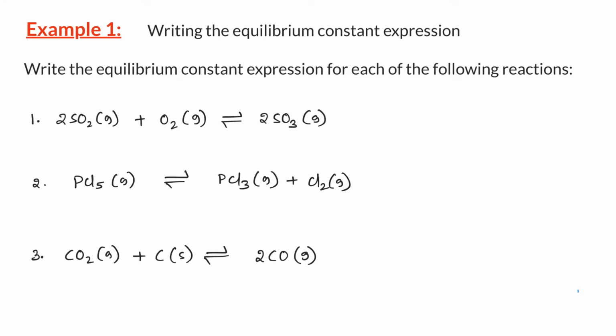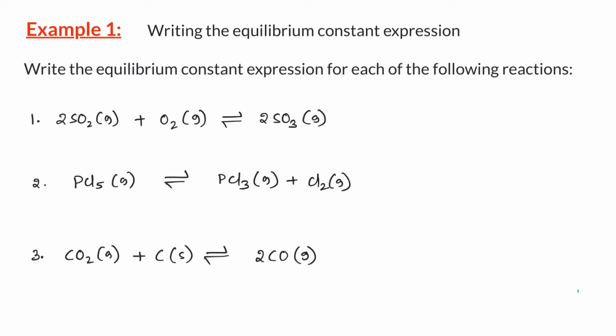The first example is about setting up the equilibrium constant expressions for a given reaction. Question: write the equilibrium constant expression for each of the following reactions. Reaction 1, we have 2 moles of sulfur dioxide reacting with 1 mole of oxygen gas to form 2 moles